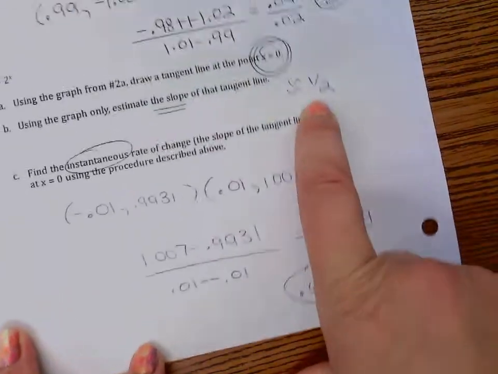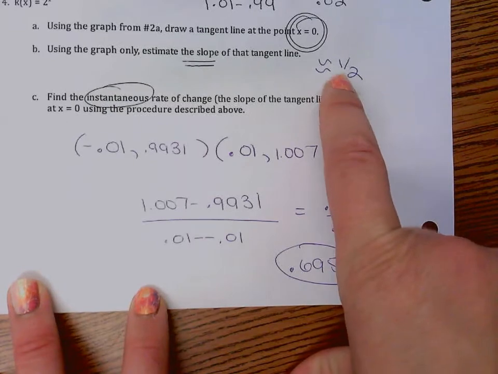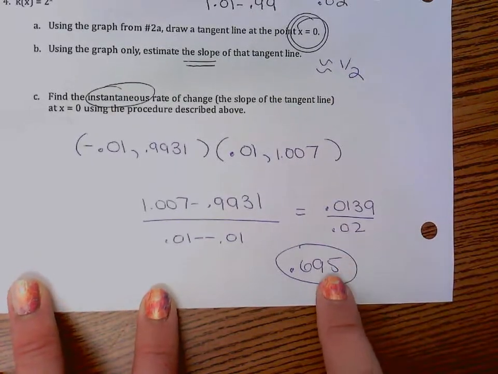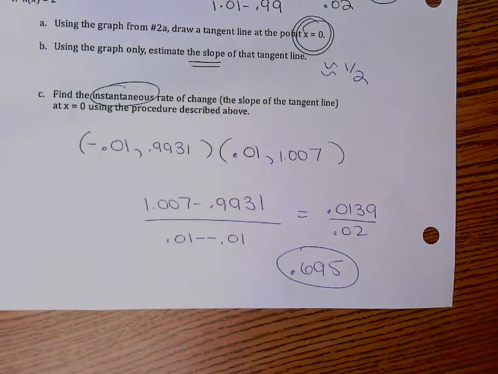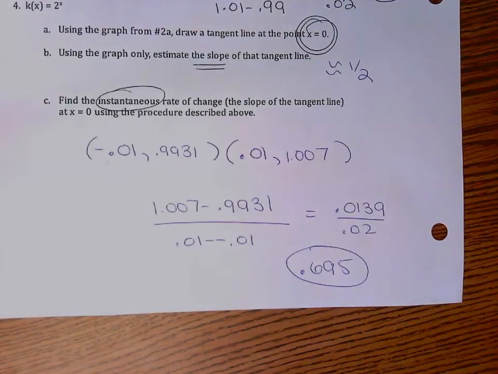So I estimated it, I knew it was less than 1, so I just estimated a half. I didn't know what it was. And then it should be 0.695. It's not the exact instantaneous rate of change, but using these coordinates, it's the exact answer from those. So don't round at this step and don't round to the end. So you get as exact an answer as you can. All right, and